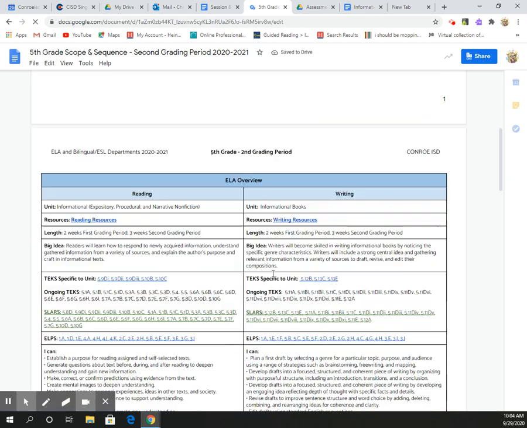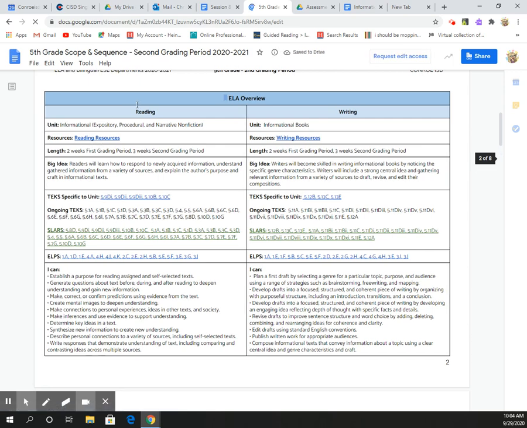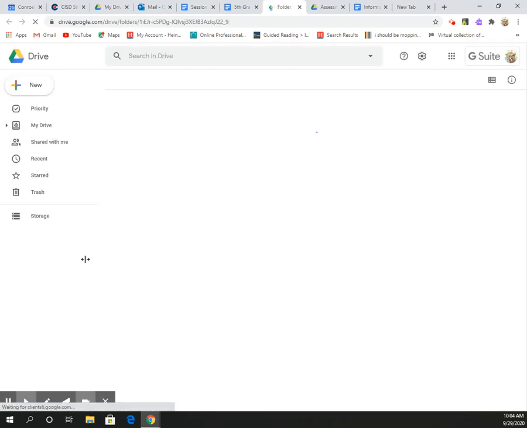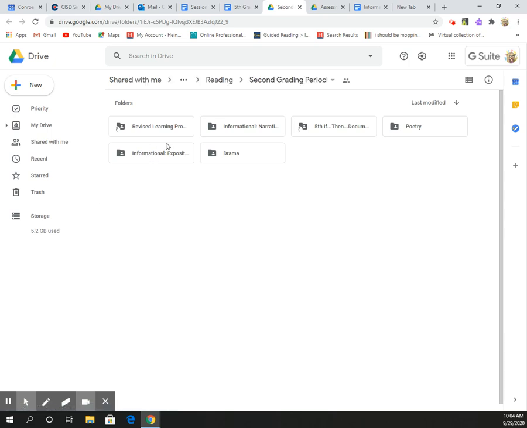And after this page here, there's an overview. And right here on the ELA overview, there's reading resources and writing resources. So if you click on reading resources, it's going to take you to a Google Docs. And so they have all kind of stuff here for you to use. Like here's the informational narrative, and here's the informational expository. And if you click on it,